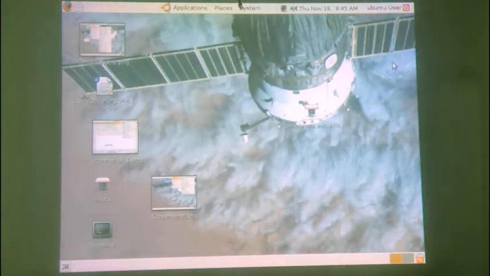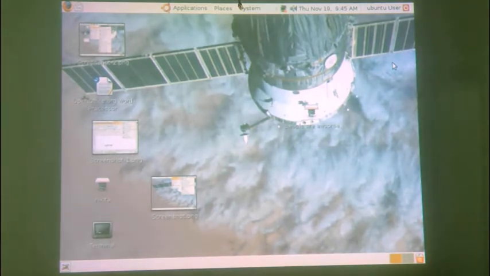So dear students, right now the operating system which you can see on the screen is the Ubuntu Linux operating system. In the previous video of this chapter, we had studied the graphical user interface and command line interface. And we had also studied a term, shells. So we will continue with that now.